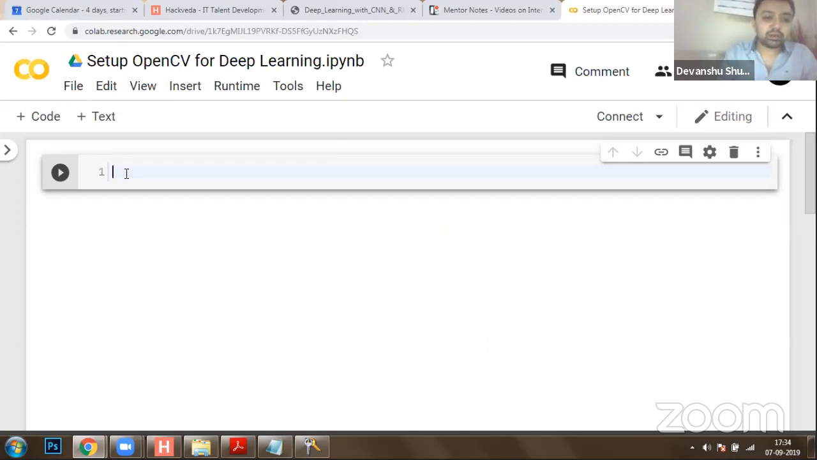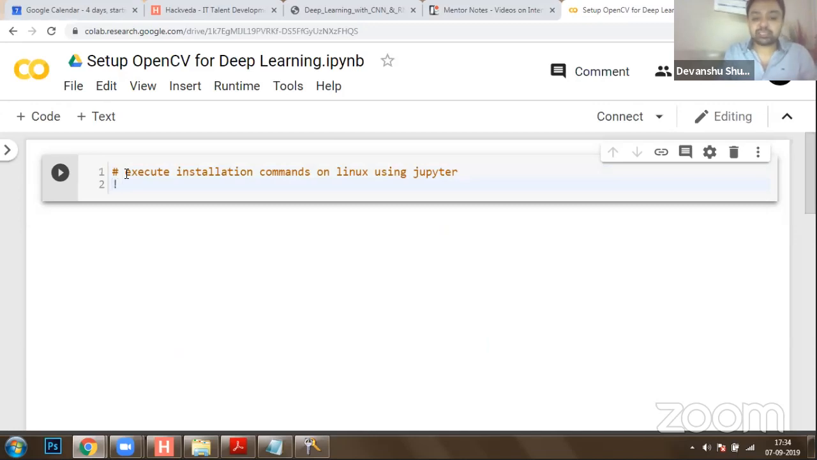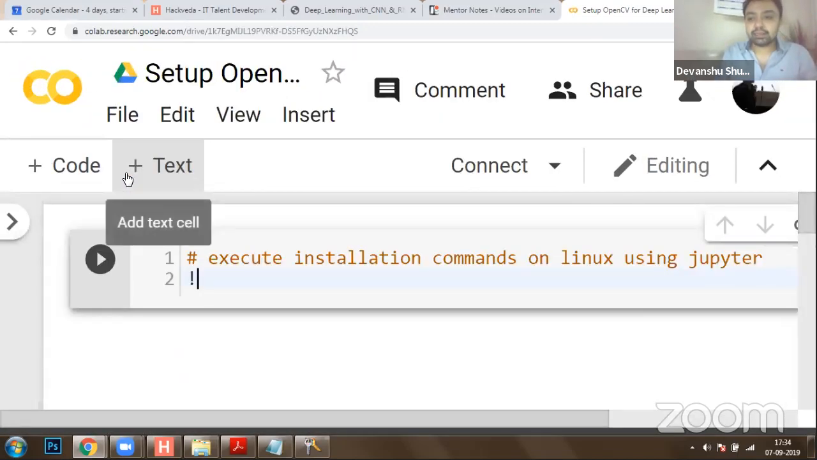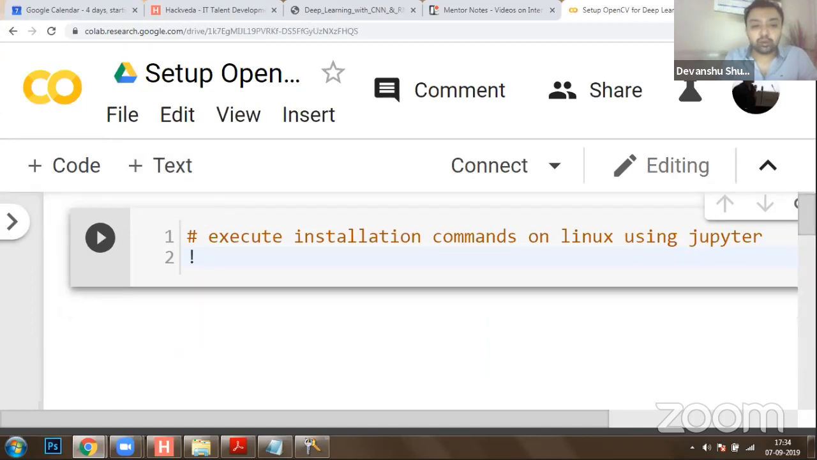So in Linux, in a Jupyter notebook, whenever you have to execute a command from the prompt, you can always use, I'll write a comment first, execute installation command on Linux using Jupyter. So you can use an exclamation mark, and this exclamation mark will help you execute any statement. So you can use pip install,